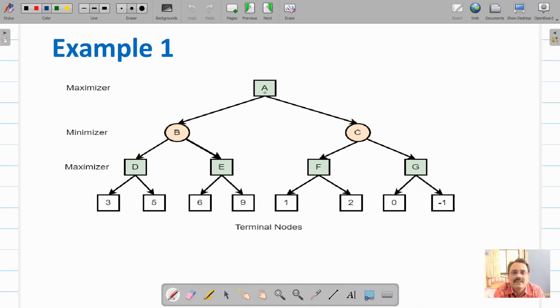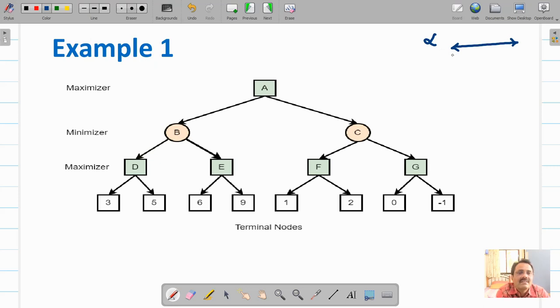What is alpha? Again recall, alpha is the minimum that I can take. The max node is saying the minimum that I can take. So in the worst case, what is the minimum that this max node can take? For that purpose, you should always visualize alpha along with a number line. Alpha is the maximizer node, so in the worst case, what is the minimum that I can take?